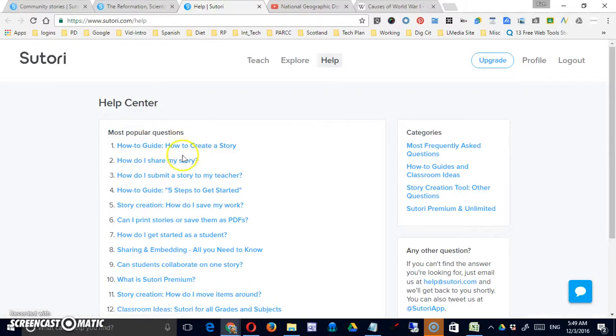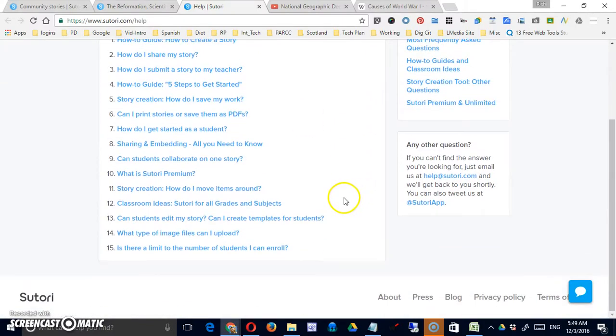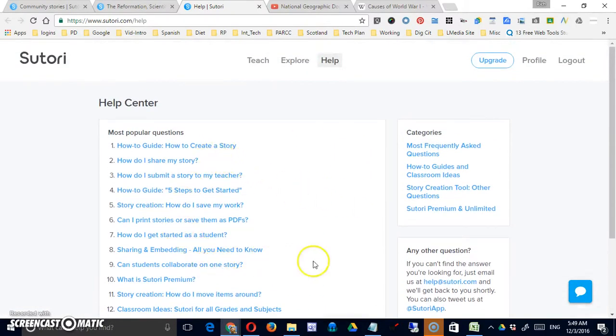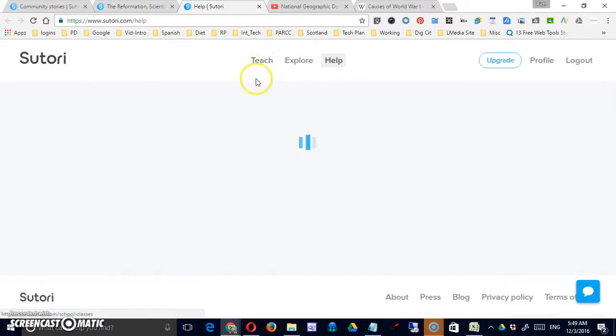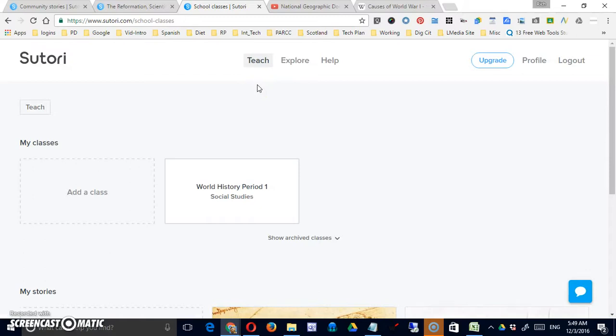Okay, the third option is a help option, and that brings you to their help center. Some basic ideas about how to work the site. One of the great advantages of this site is that it is so ridiculously easy to use. Your options are limited and laid out before you, but you can do a lot with the tools that they give you. Now, to look at it from a student perspective,